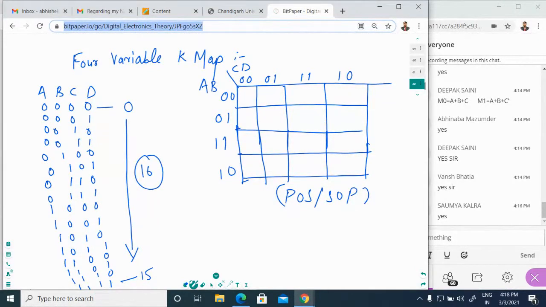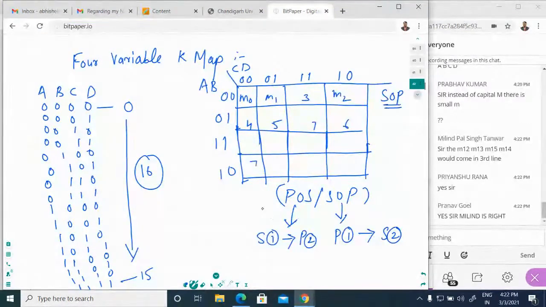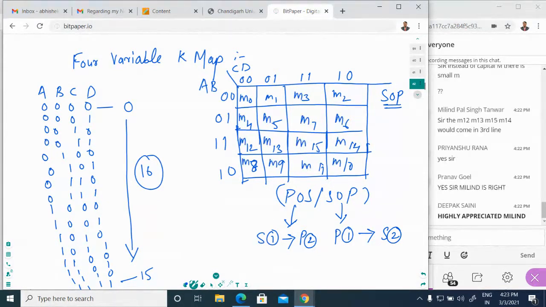If you want to use POS, you have to represent it in capital M. Okay, 7th number is coming right here. 8th number, 9, then 10 and 11. This is 12, 13 and this is 14 and this is 15. Yes, you are right. Is this clear to everyone how you can represent the min term values in 4 variables?